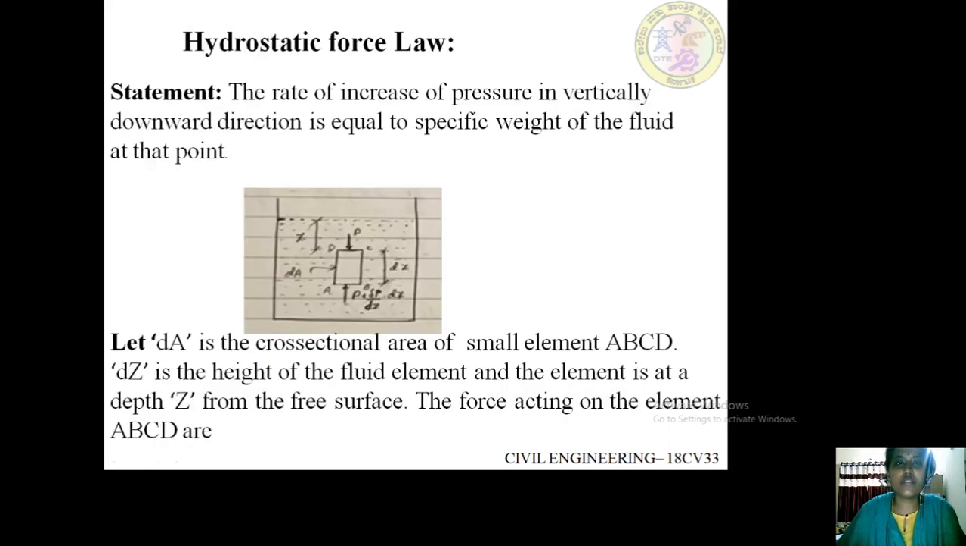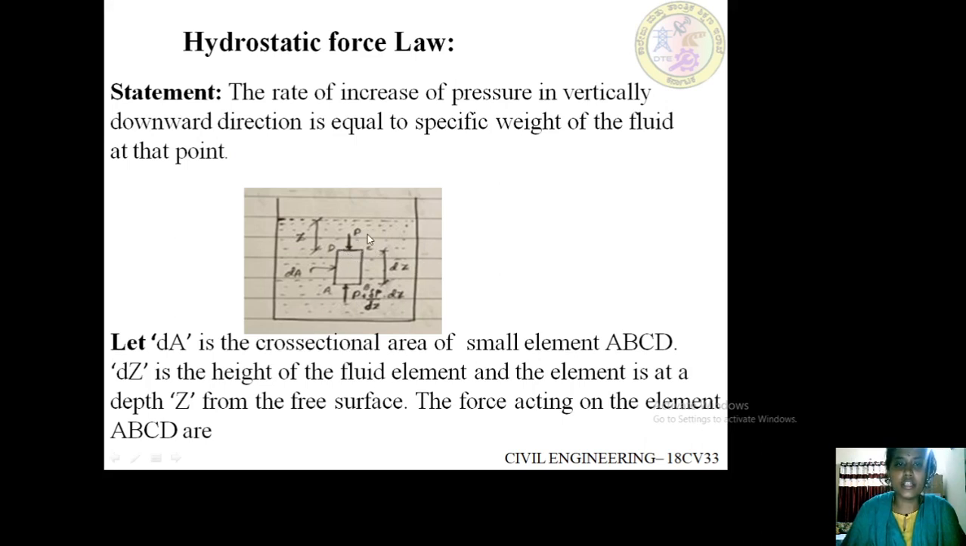Next is the hydrostatic force law statement: the rate of increase of pressure in the vertical downward direction is equal to the specific weight of the fluid at that point. Let dA be the cross-sectional area of element ABCD, dz is the height of the fluid element, and h is the depth of the fluid element from the free surface. The forces acting on the element ABCD are, see here, the force acting on the first face DC